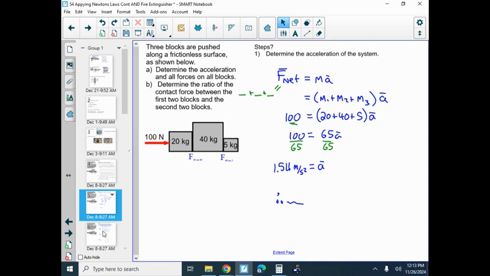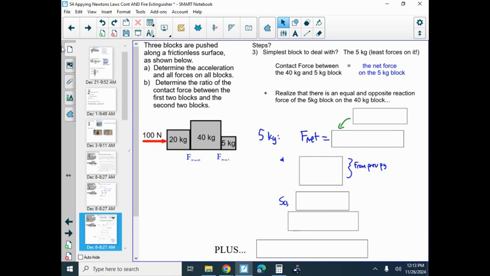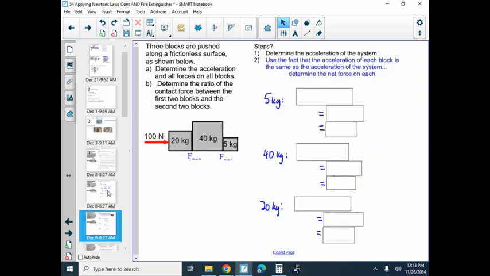Our next key step is to recognize that if the whole system is accelerating at 1.54 meters per second squared, then each one will be accelerating at that same amount. So if we look at each one, we can use the fact that the acceleration of each block is going to be the same as the acceleration of the system, like I said,